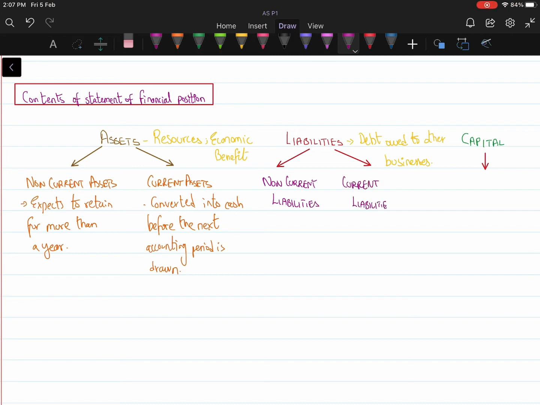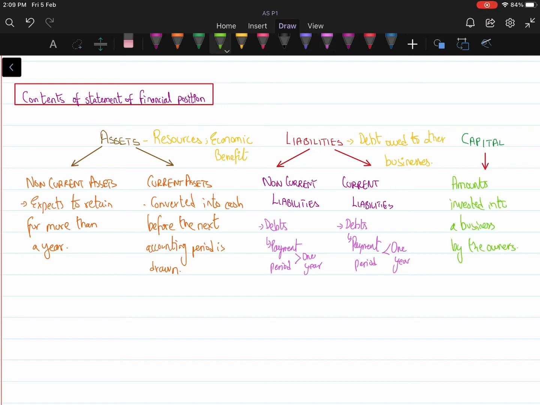And since liability is the amount that you owe to third parties, when you talk about non-current liabilities, these are the obligations on a business that the business expects to pay over a couple of years and not within 1 year. For example, you take a loan from the bank for 5 years. That would be classified as a non-current liability. On the contrary, a current liability would be an obligation that the business would expect to pay back in a period of less than 1 year.